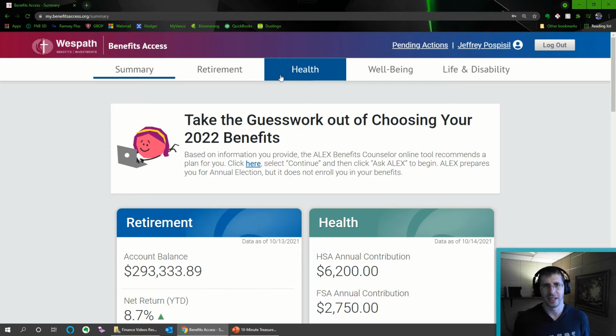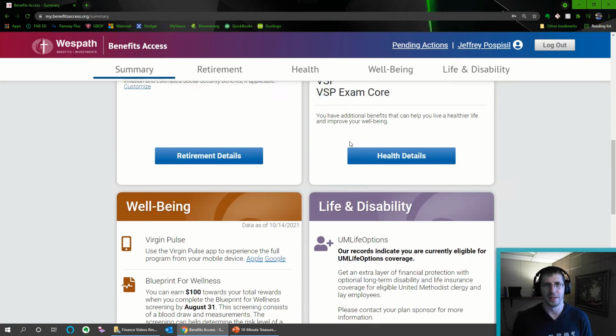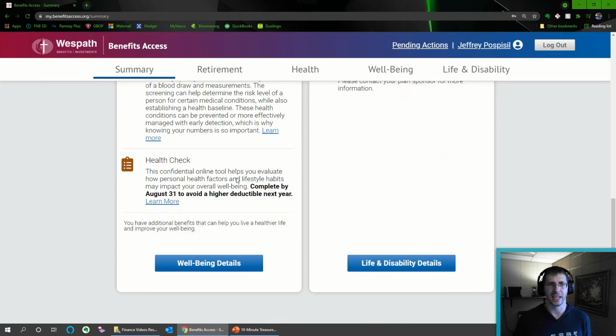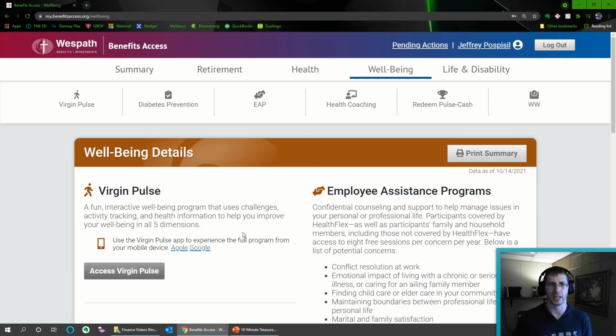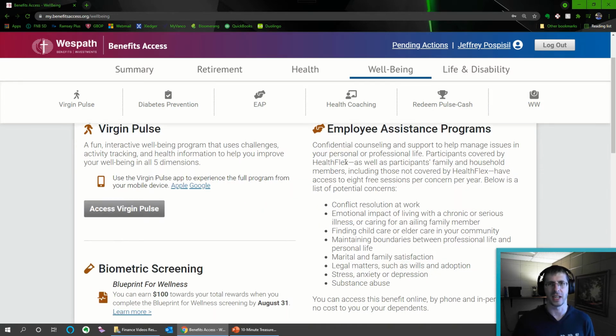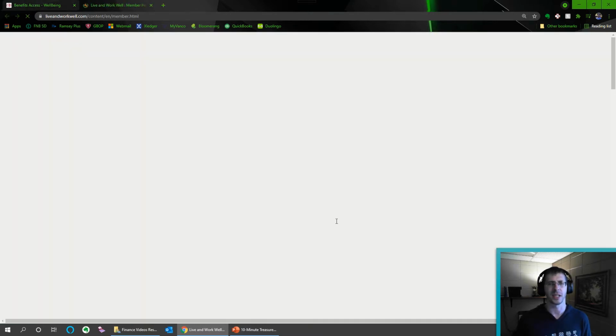And here is my benefits access. And this is the part we want to go to, that well-being part. And you can see it both at the top and the bottom. And then there's the Employee Assistance Program, which includes legal matters such as wills and adoptions. So let's go ahead and click on that. There was a bunch of other stuff too, which might be interesting. So here's the disappointing part